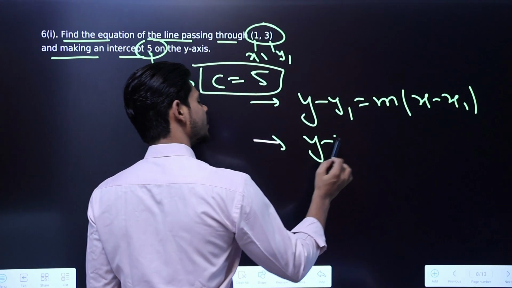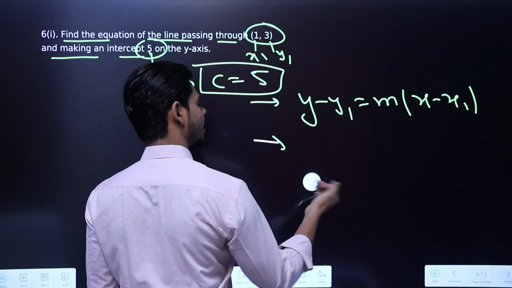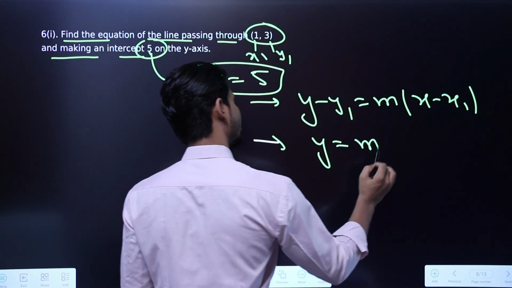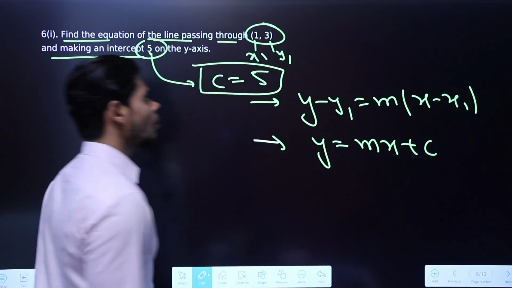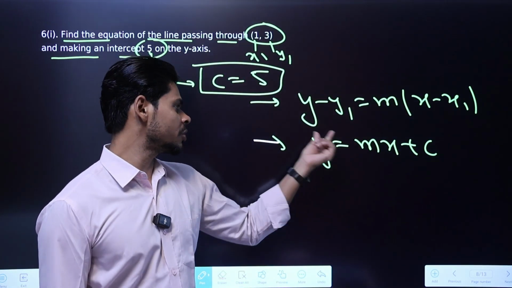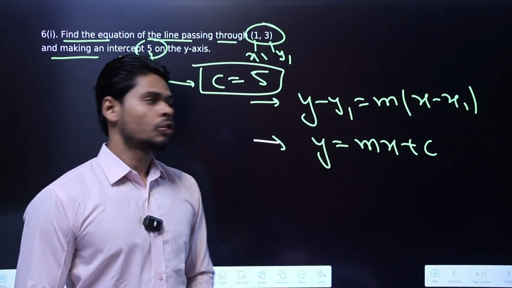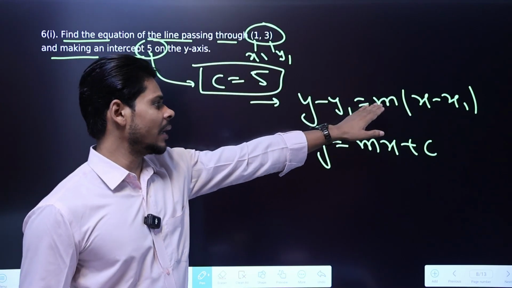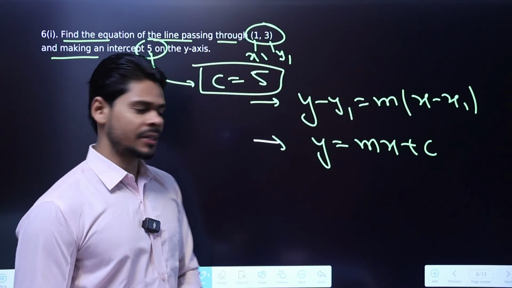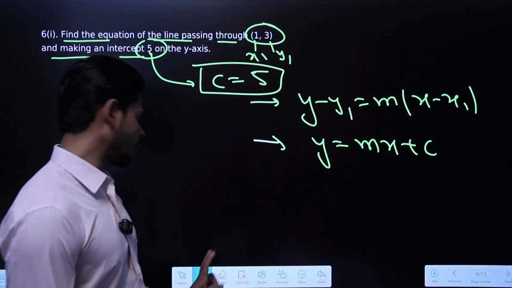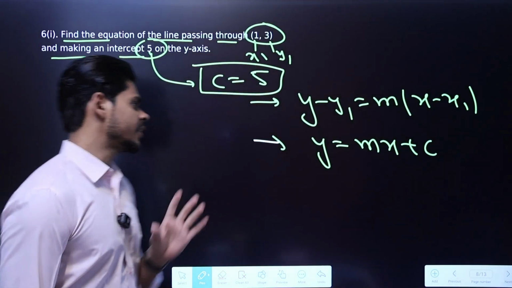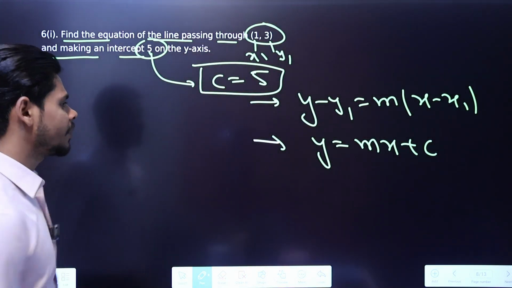So we can also say that we can apply the slope intercept formula, that is y is equal to mx plus c. Right, now we also don't know the slope over here, we also need the slope to use this general equation. So even if we try, we cannot use both these equations directly, but if we find the slope, then we can easily find the equation of the straight line. How? Let me explain to you.